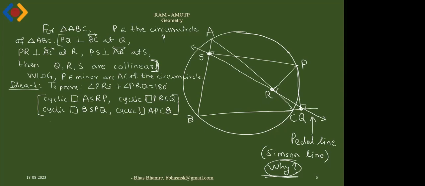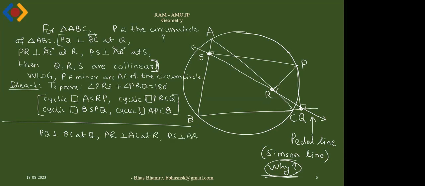Because of the perpendicularity, we can have the cyclic quadrilaterals, and then we need to show APCB is cyclic. Sorry, I'm wrong in writing. So PQ is perpendicular to BC at Q, PR is perpendicular to AC at R, and PS is perpendicular to AB at S for triangle ABC,